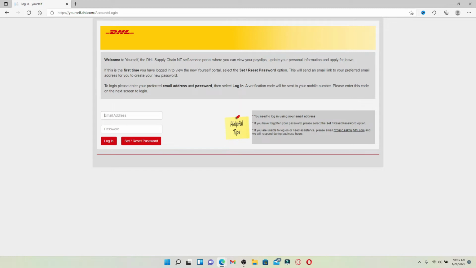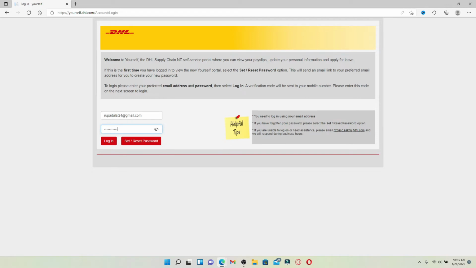Go ahead and type in your email address and your password in the text boxes appearing on your screen. Type in your email address first and head over to the next field. Now type in your password correctly. You can double check your password by clicking on the eye icon at the right corner, which will help you